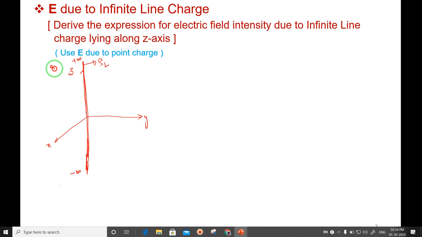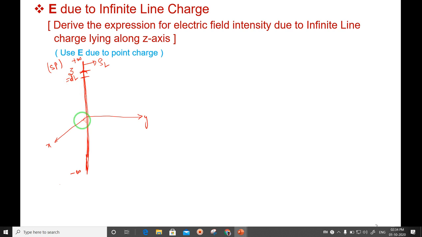This is the source point which is generating the field. The nature of the field for the line charge, we know, is cylindrical. Everywhere the field lines will be normal to the surface of the cylinder. In field theory, we first do the differential analysis, meaning we consider a small piece of length of the line charge, then integrate throughout the entire length. First we take a small differential length of the line charge, dl.